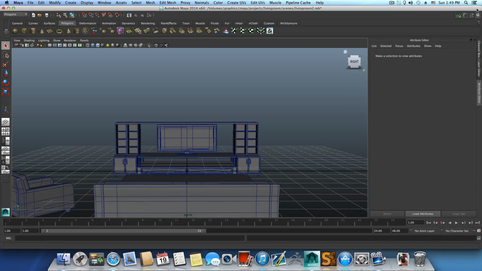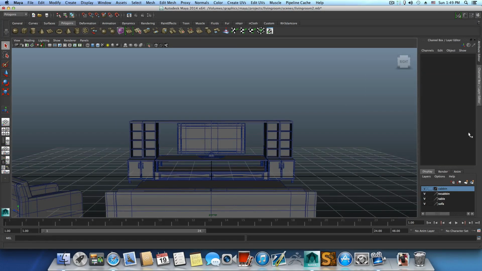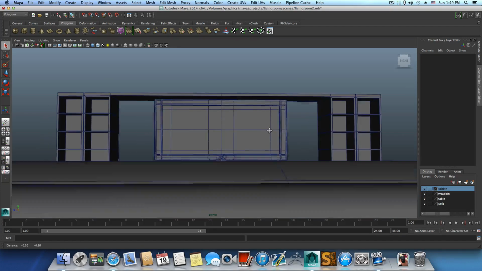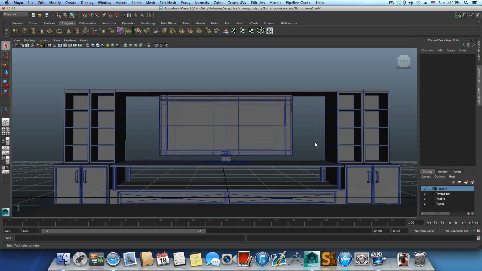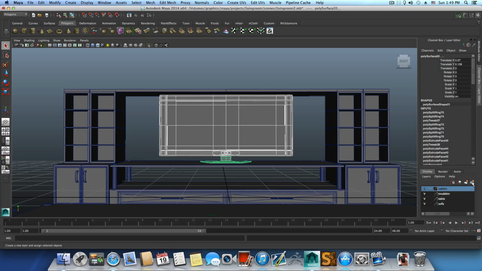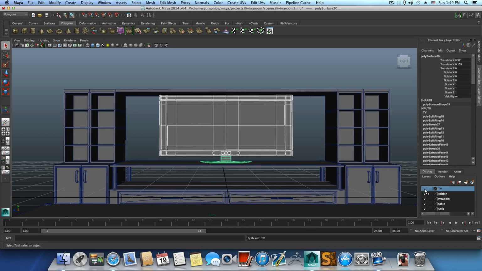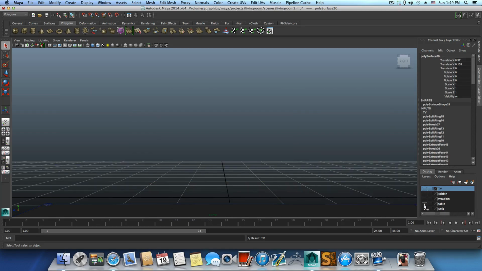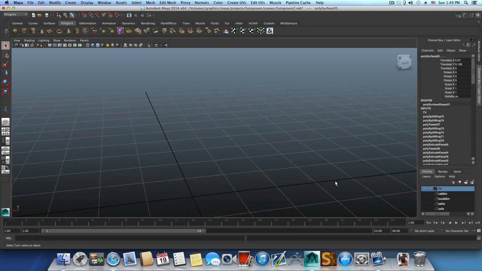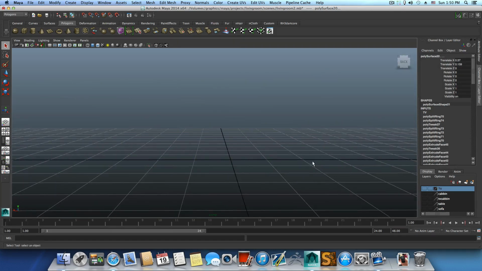Now this time, first of all, we will start by creating a layer for this TV. So grab those TV pieces, add them to a layer through the channel box, which is this icon here, and click here after selecting them. So it will create another layer, name it as TV. Okay, and save. Great, now let's uncheck all those to hide them,